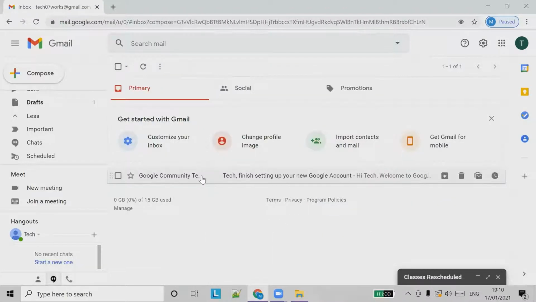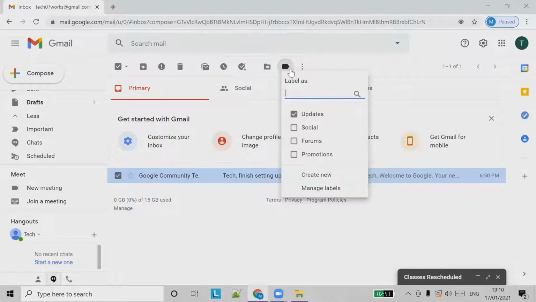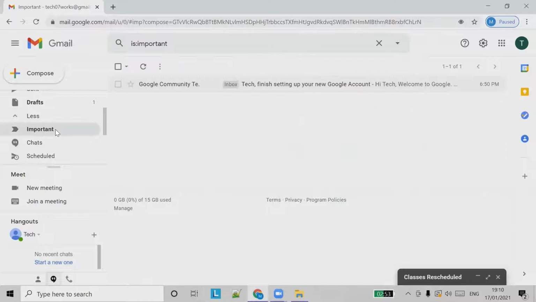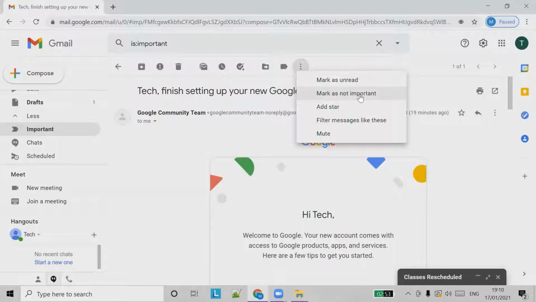See, this email is already marked as important. So if you see here, if you select the important option, you can see that email in this important menu. So if you go here and say mark as not important, okay,